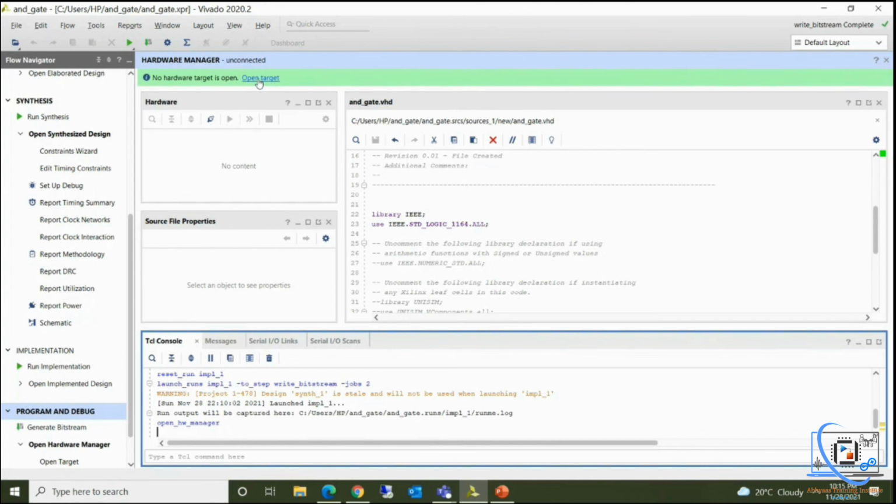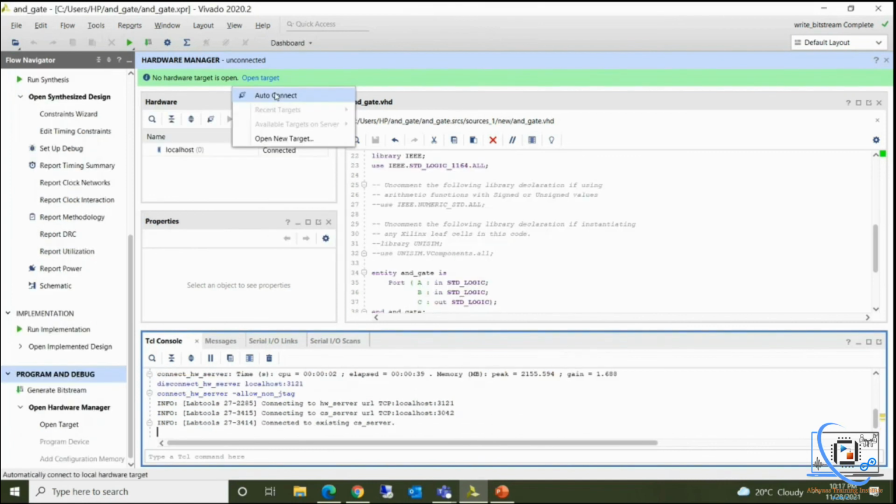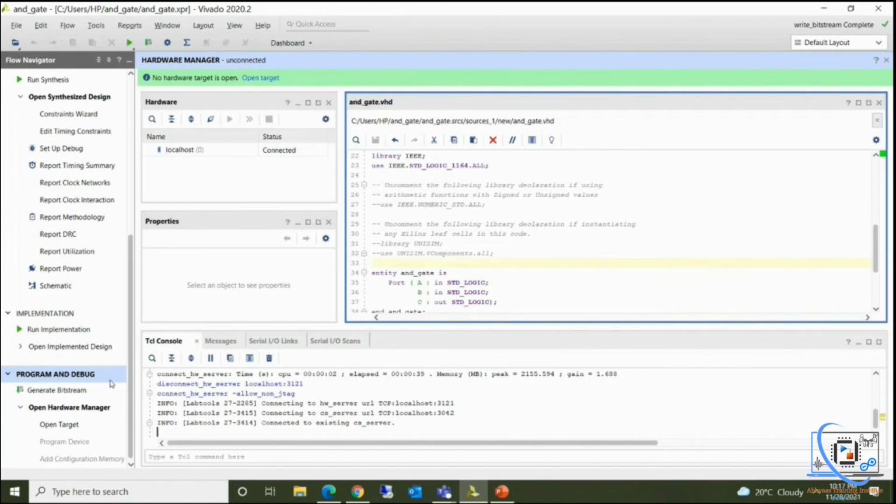You have to click on Open Target and then select Auto Connect. It will search for your connected hardware, your FPGA board. And once it is connected, you click on the Program Device option.